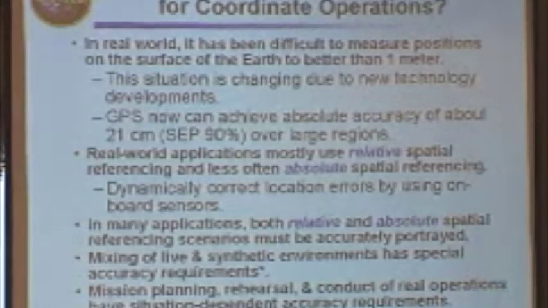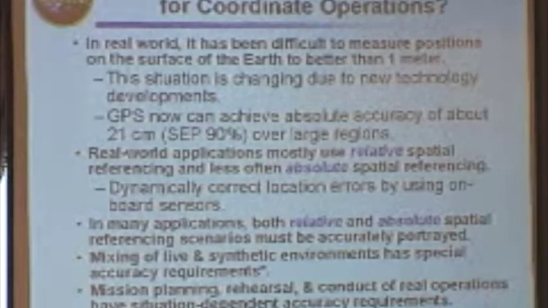We have a case that I've looked at a little bit of a utilization of Predator where somebody stares at a screen and sees somebody in a turban, big tall guy, decides that's somebody we want to target, calls up another Predator that's got a weapon on it, launches the weapon against the target. Somebody has formulated this and used orthometric height instead of geodetic height.